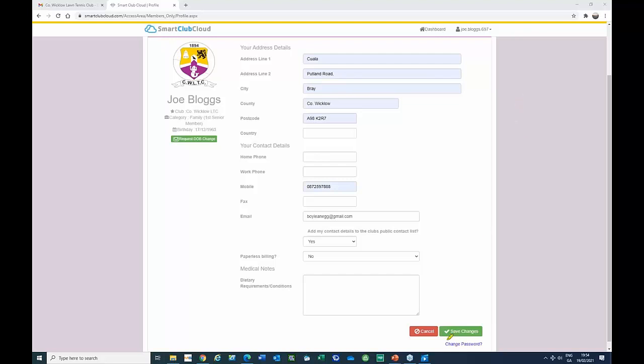There is one other little field right at the bottom. You'll see change password. So in your profile, if you want to change the password on your account, you can do that by clicking on the little change password link right at the bottom. So that is the profile tile. And that is a very important tile to get right. So I'm just going to click